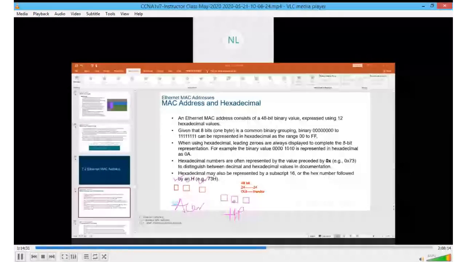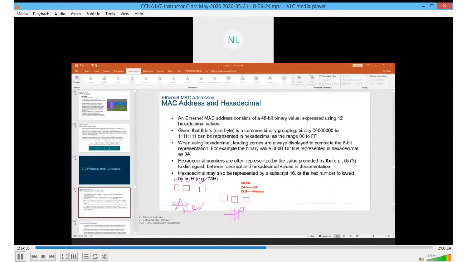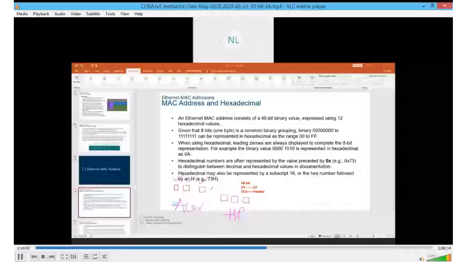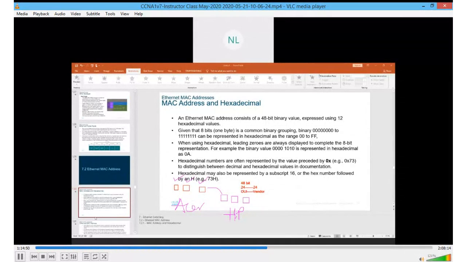When you open that of HP, the first 24-bit will also be the same, saying that this is for HP, and the last 24-bit may be different to identify this, this, and this. So by looking at the first 24-bit of this versus this, you'll be able to say that this is a different vendor and this is a different vendor. So with that,